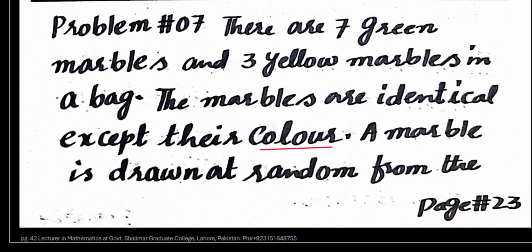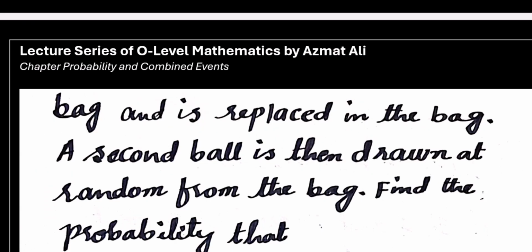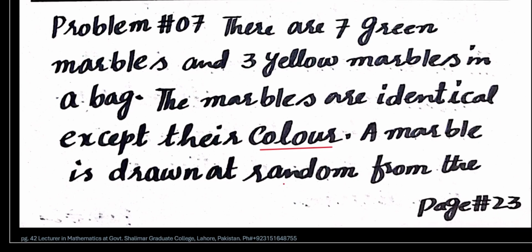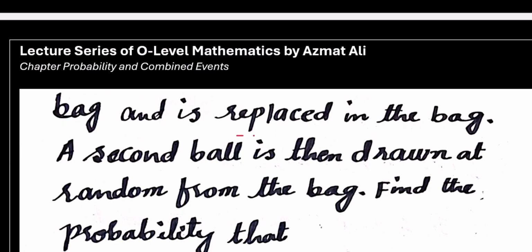A marble is drawn at random from the bag, its color is looked at, and it is replaced in the bag. It means these are independent events. When we say we have replaced the ball in the bag, it means the second time the number of balls will be the same